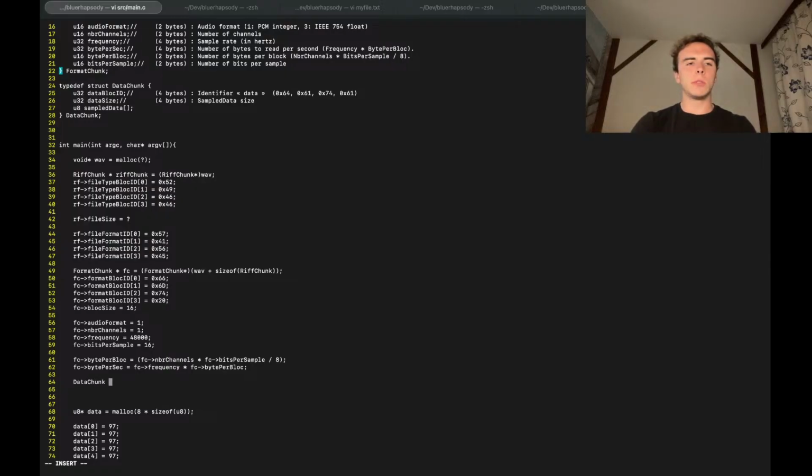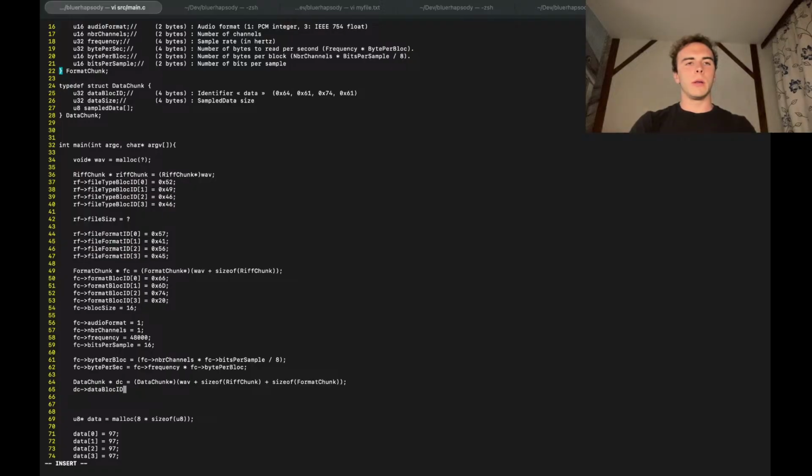Data chunk star DC is equal to data chunk star wave plus size of riff chunk plus size of format chunk. Okay, and we just do DC